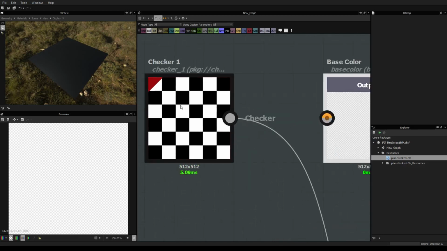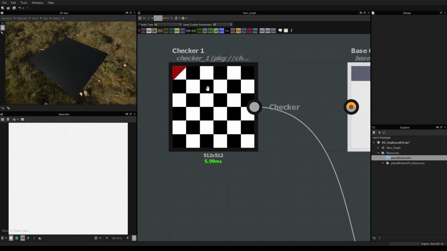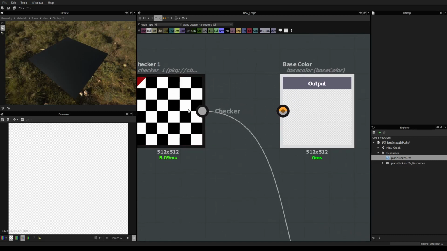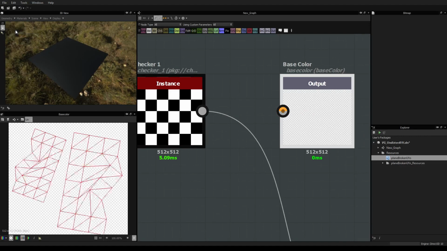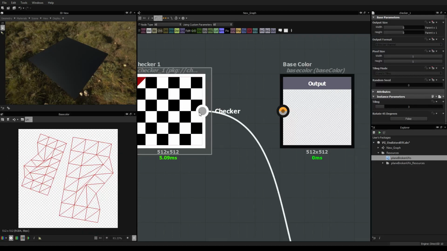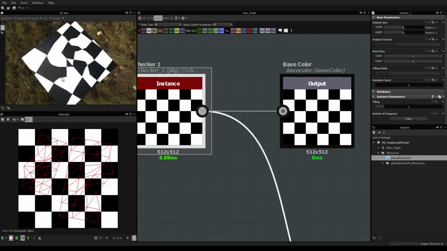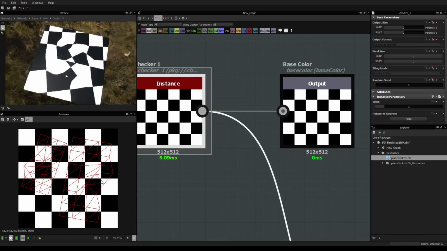So for example, imagine you have a texture like this, which is a perfect checker, but I have a model like this one which has really bad UVs, as you can see here. So you can admire my UV skills, which are incredible. But if I check, obviously you obtain something which is completely messy.